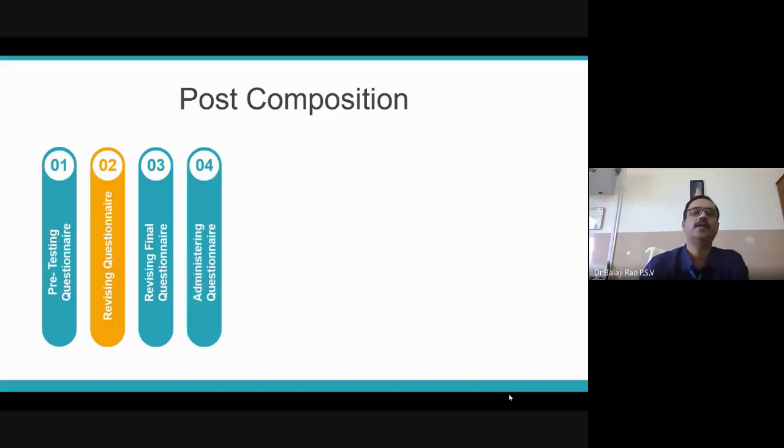And lastly, it comes to administration. All the effort you did, right from the pre-composition stage to designing the final questionnaire, is one phase. The other phase, which is very, very important, is administering the questionnaire. You should be very aware of what time the respondent is in a good mood to answer your questions, and you have to check his availability, take a prior appointment, talk to him, call him, address him, and convince him. See, the biggest challenge in countries like India is that we don't get the time of others,